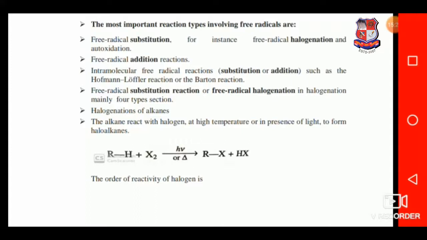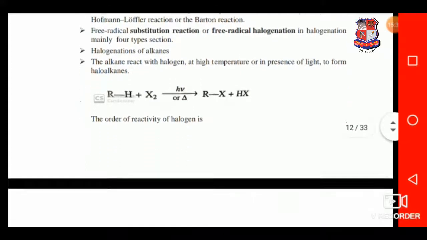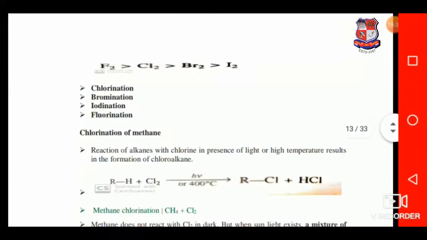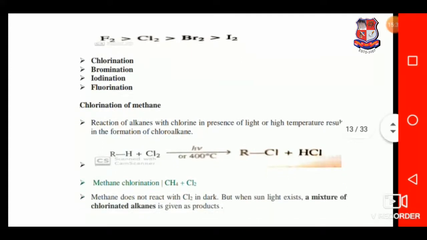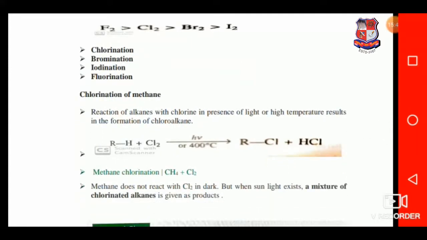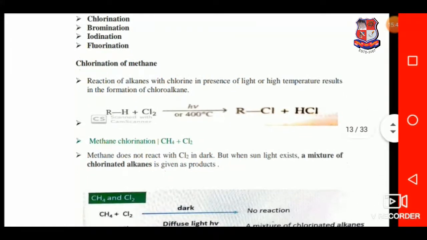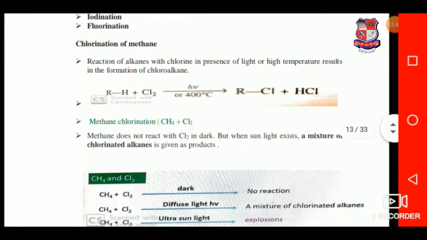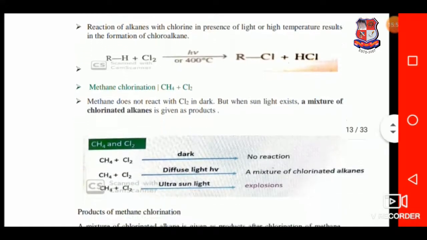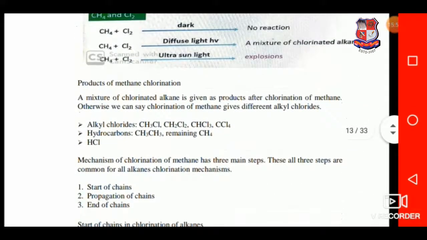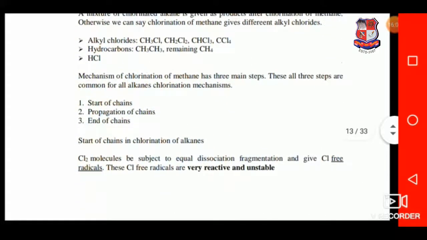Halogenation of alkanes. The alkane reacts with halogen at high temperature or in the presence of light to form haloalkanes. Chlorination, bromination, iodination, and fluorination. These are the four types of reactions involved. In chlorination reactions, in the presence of light and high temperature, we can produce alkyl chloride accordingly. Same as for the bromination